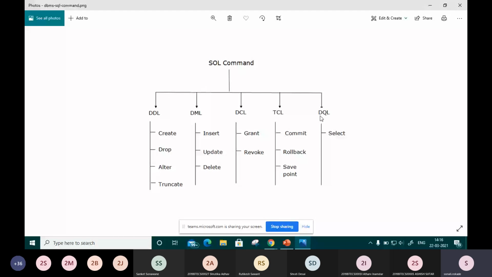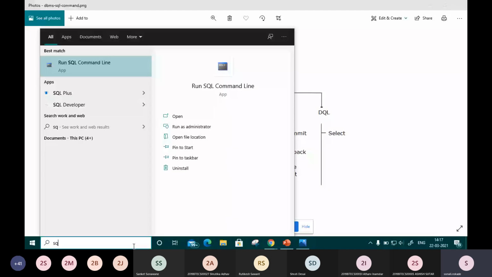Now in my first module, I told that the select statement comes under DML, so it is also considered a data manipulation language. In some books it is considered as DQL, a separate one, and in some books it is said to be part of DML. So today's experiment is based on DDL and DML implementation. For that purpose, let's start with the implementation of DDL and DML statements. First of all, we will move on with DDL commands.